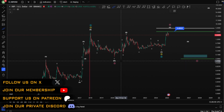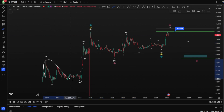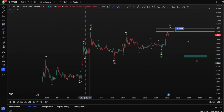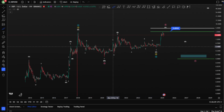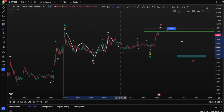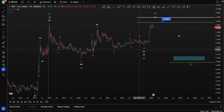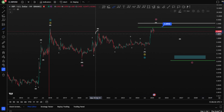And starting on the daily overview for the bullish and bearish scenarios here, we have of course a 1, 2, 3, 4 and a 5 for a wave 1 or a wave A. After this, in both case scenarios, we have a very long correction of 5 to 6 years for XRP in a W, X and a Y. The wave Y is a very sideways triangle, finishing wave Y here, and with it we have finished a wave 2 and a wave B, and we have a direct movement toward the upside,